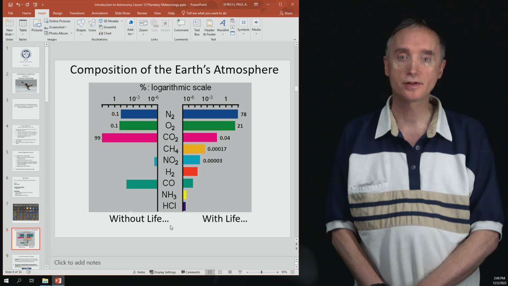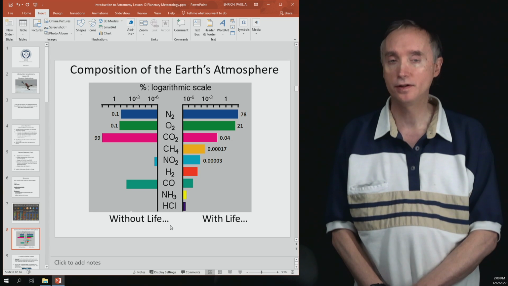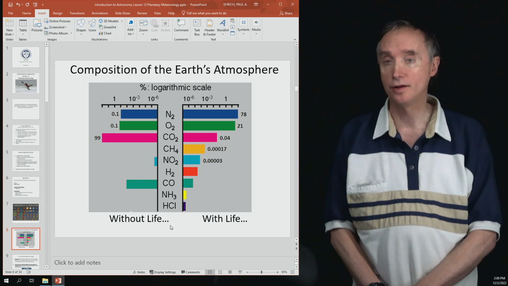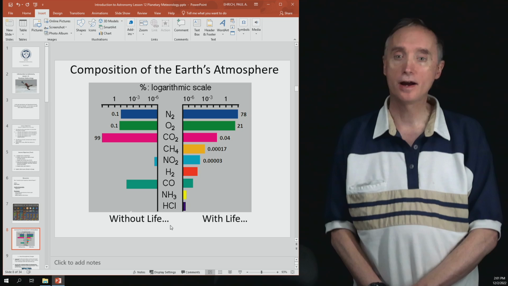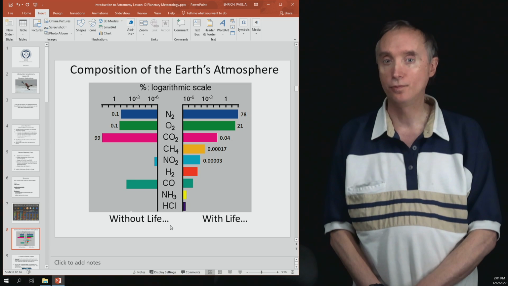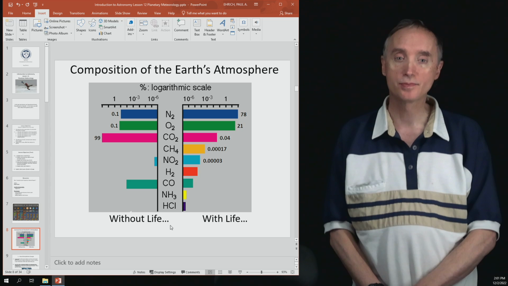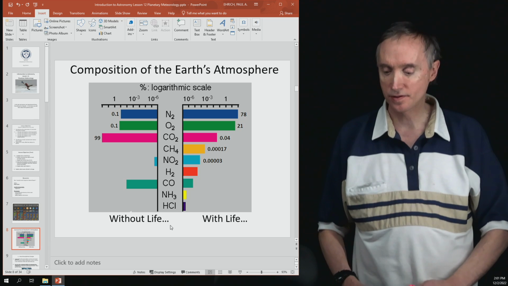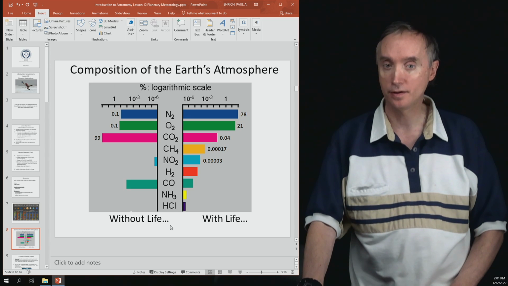Does that sound familiar? Yeah, that's basically the composition of Venus and Mars. So if there was no photosynthesis going on, we would have an atmosphere very similar to Venus and Mars. Now, our atmosphere would not be as thick as Venus, and it wouldn't be as thin as Mars, so it would be somewhere in between. Okay, so I wanted you just to see that. And now